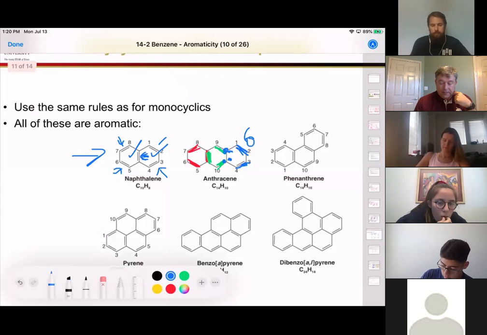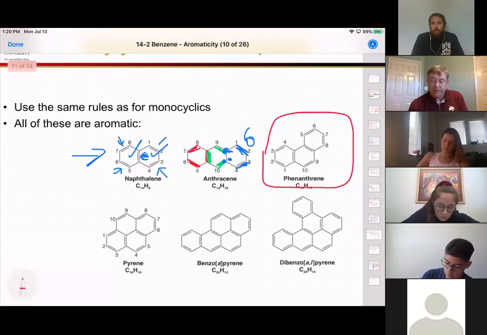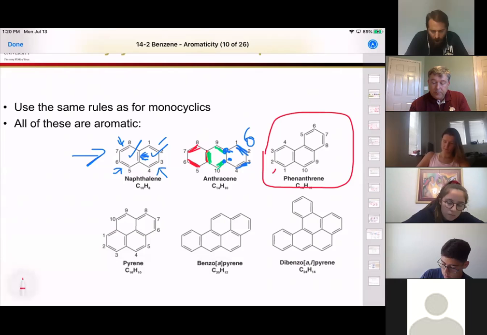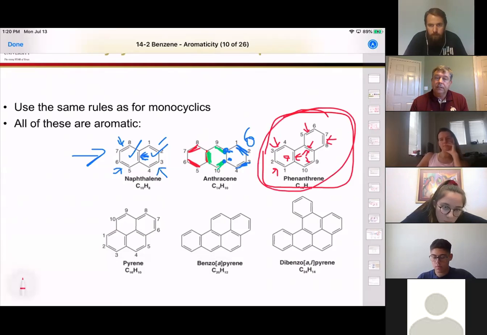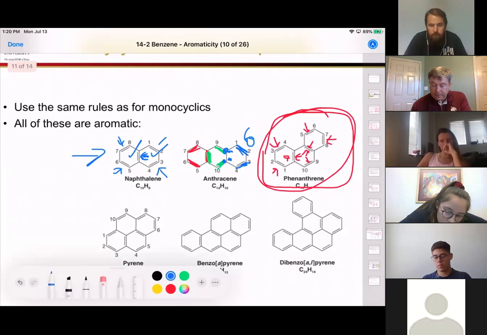So let's use that same rule and look at this system here. This is called phenanthrene. So imagine you're just adding rings together. This one's pretty easy because we have 6 electrons here. And this one's pretty easy because we have 6 electrons here. And then this one has a pair here, a pair here, a pair here. So it also has 6 electrons. So all 3 of these rings satisfy the rules for aromatic. Okay, and we can extend this again and again and again until we get up to something like this right here,